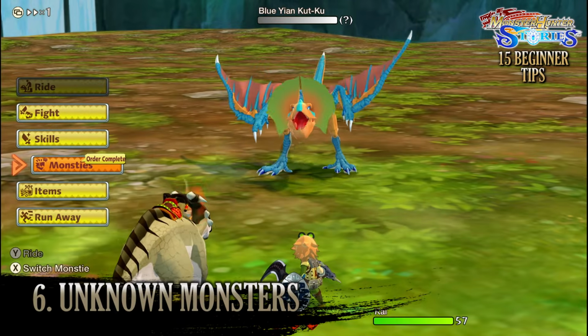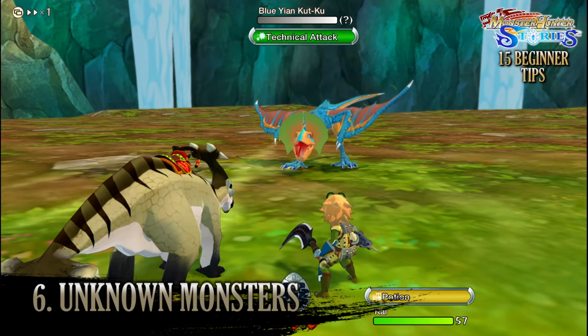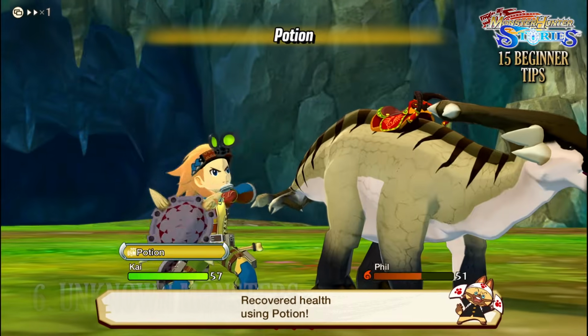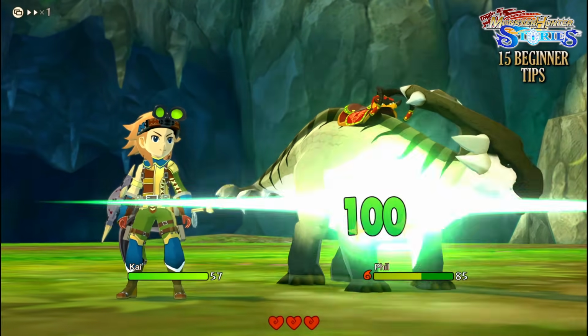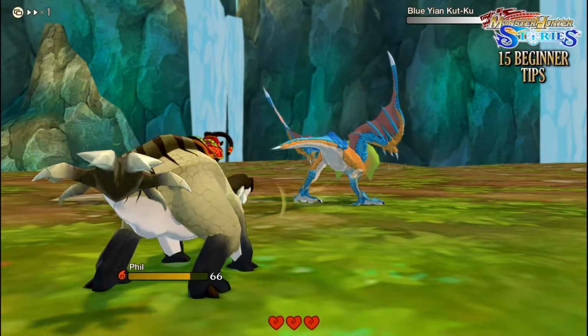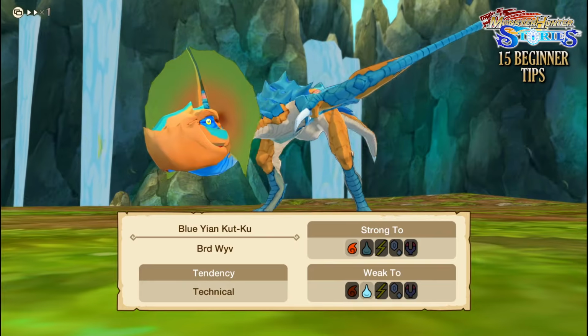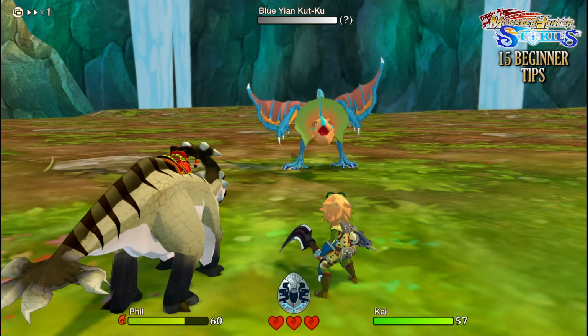Which brings us on to tip number 6, which is when you're facing monsters for the first time, as in you haven't encountered them before yet, you won't be able to see their health bar, or how much damage you've done to them. You can gain some information by using binoculars, which are items you have in your pouch, or using certain monster skills. But after you've faced a monster once, you will always be able to see its health